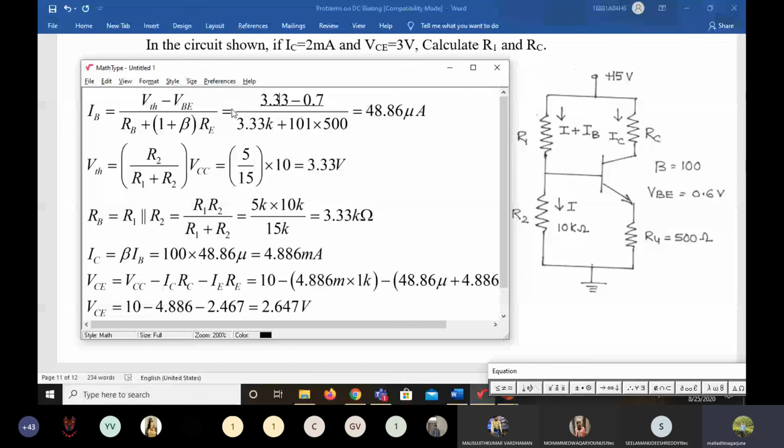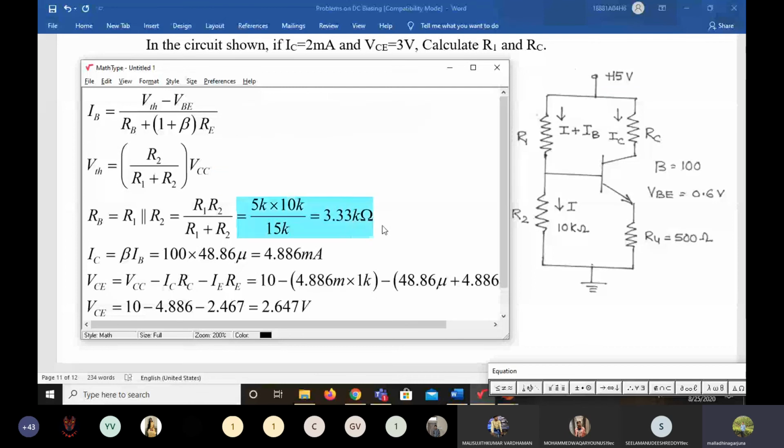Okay. So this is the previous one. VThevenin is equal to R2 by R1 plus R2 into VCC. VCC is known, R2 is known, but R1 is unknown. Here again, if R1 is unknown, how can we calculate VThevenin? We can't calculate it. So for that, what we have is